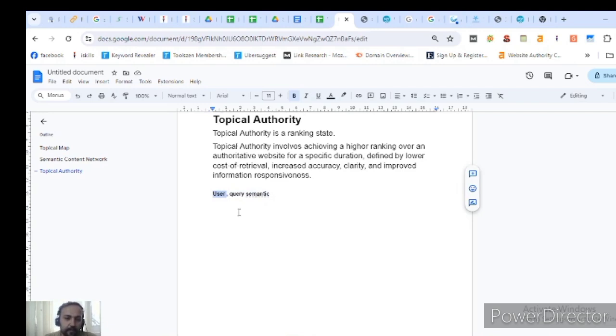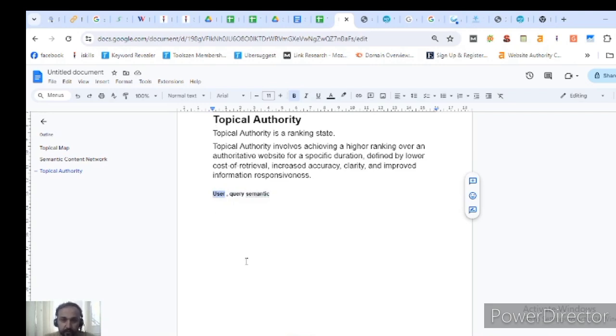This is the important thing to understand, why GPT and other tools really don't completely work. Because you have to search for real queries which come from users, not something generated. So this complete topical map will be based on user intent, like user behavior. So we have to go for this.